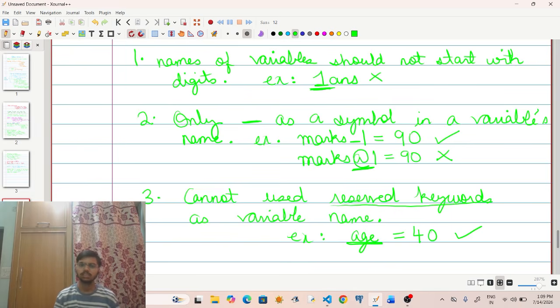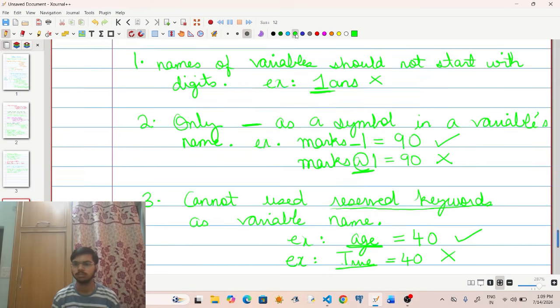So this is avoided as it will give an error. Now, what I mean to say is if you say true is equals to 40, this will give an error because true is a reserved keyword in Python programming language. Let me show you by writing the code what I exactly mean.